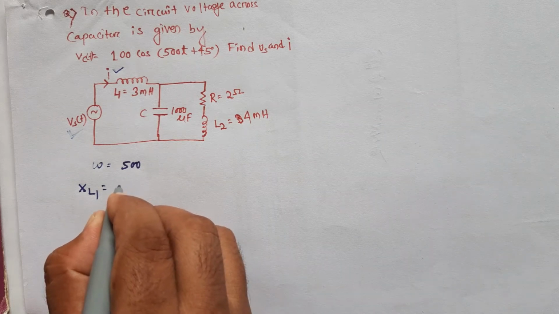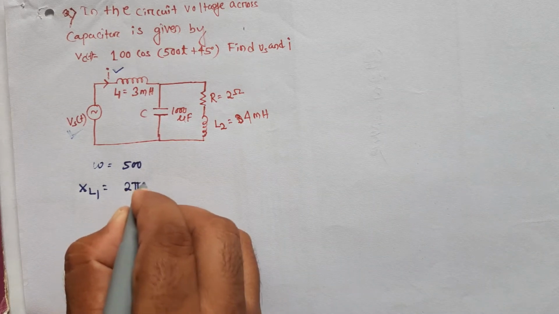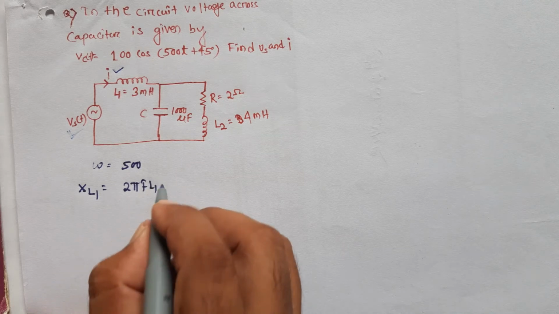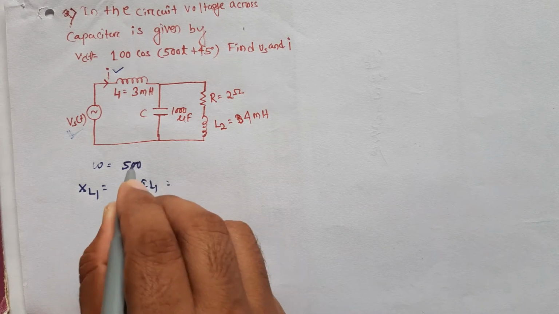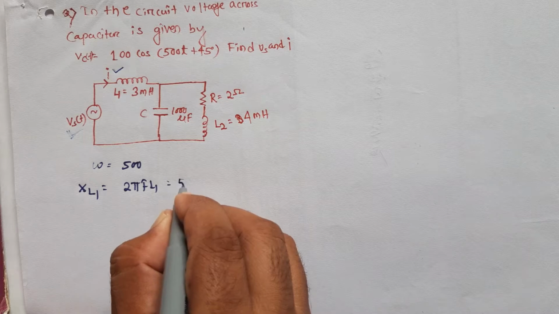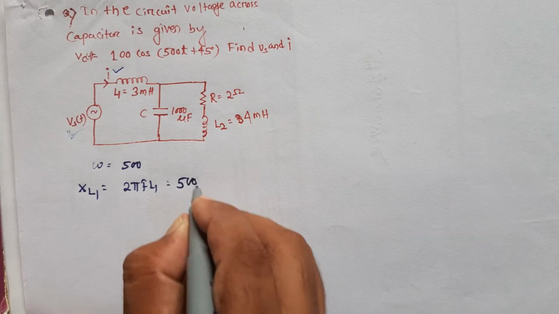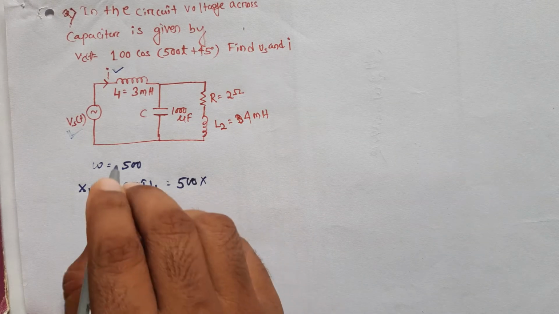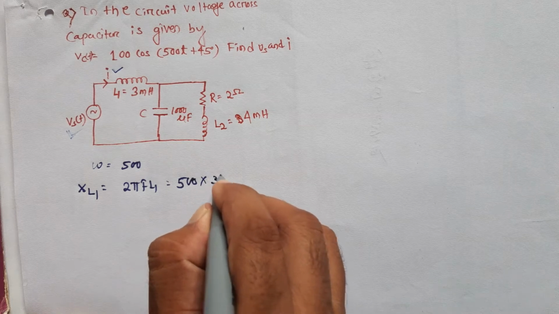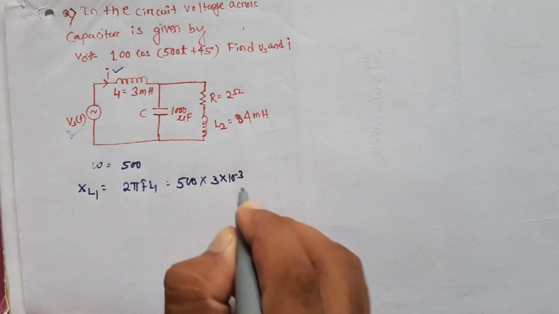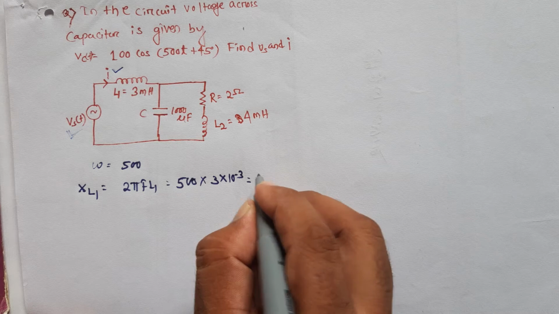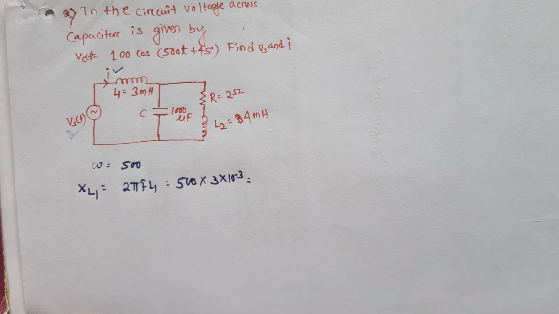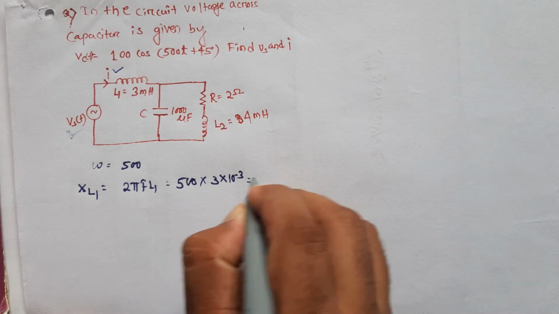We know XL1 is equal to 2 pi f L1, so put 2 pi f as 500, into L1, which is 3 into 10 to the power minus 3. We calculate this value,